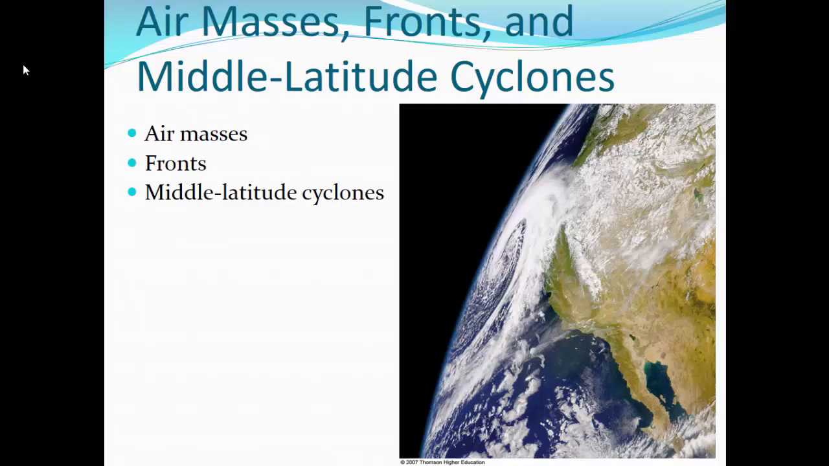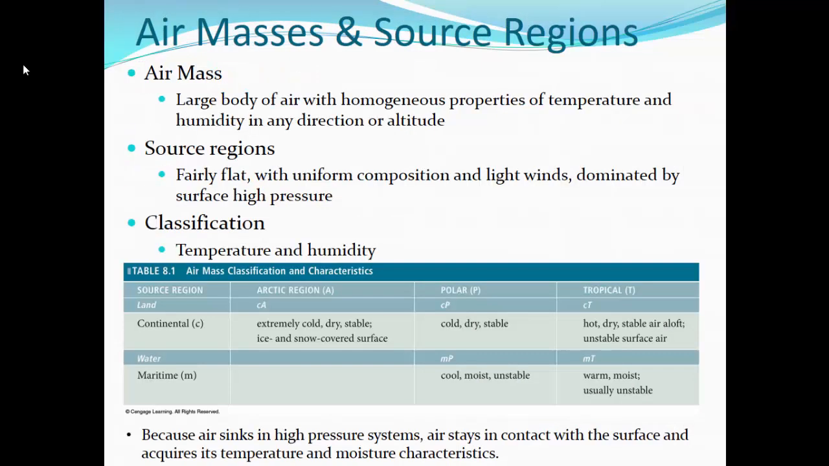And we're going to talk about how mid-latitude cyclones form, what causes them to form, and more importantly, how they are connected to the upper levels of the atmosphere and how the upper level processes develop, create, and then eventually dissipate mid-latitude cyclones. An air mass is going to be a very large body of air with homogeneous properties,